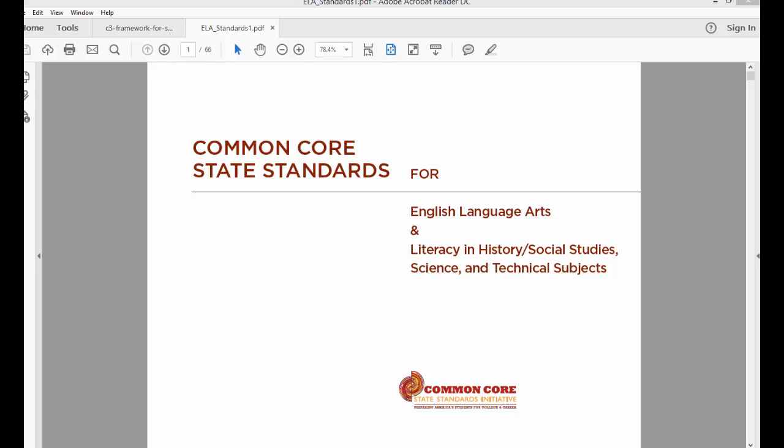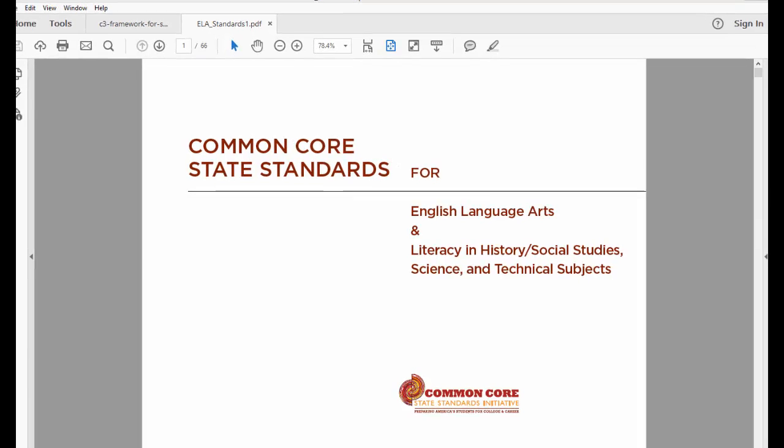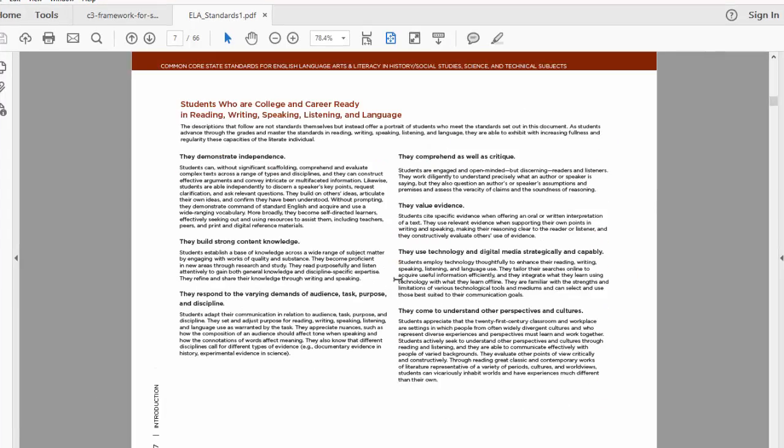But one thing that we see with social studies, because that's what we want to focus on, is social studies was left out of the Common Core except for a small little section. And what I'm looking at right now is the Common Core for English Language Arts, which came out by 2010, 2011. This was ready and this was out. And as you scroll through the Common Core for English, you see